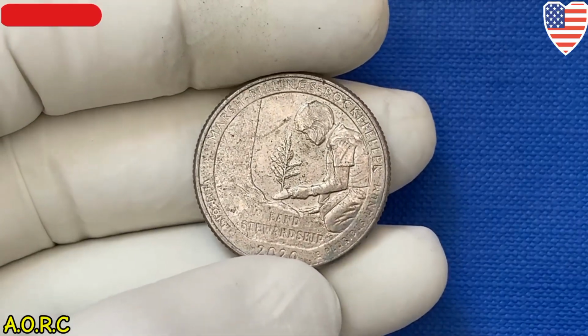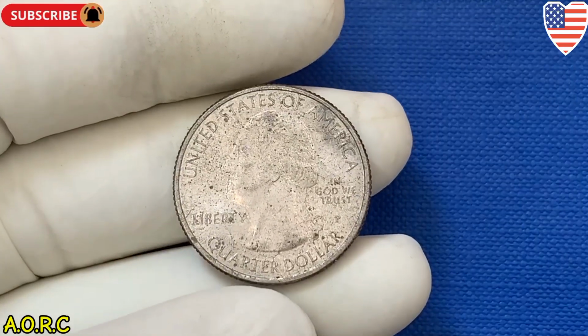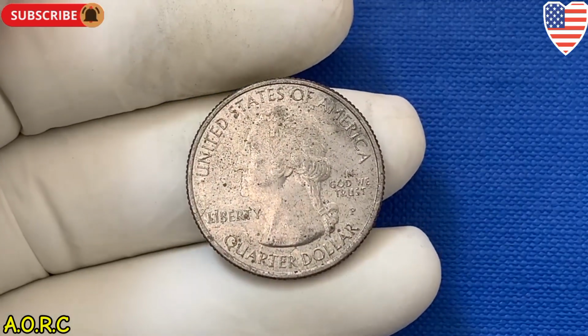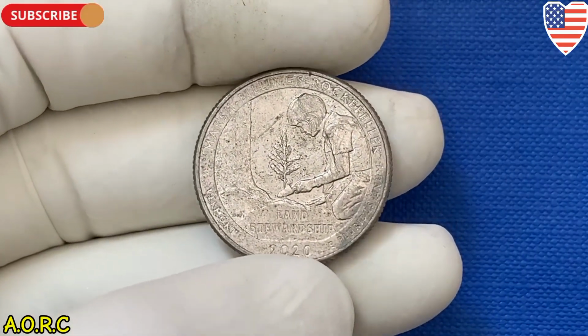Next, we have the Weir Farm National Historic Site quarter, representing Connecticut. This coin pays tribute to Weir Farm, a place dedicated to the celebration of American art and the beauty of nature. The design features an artist painting outdoors, surrounded by lush trees and a peaceful landscape, symbolizing the creative inspiration